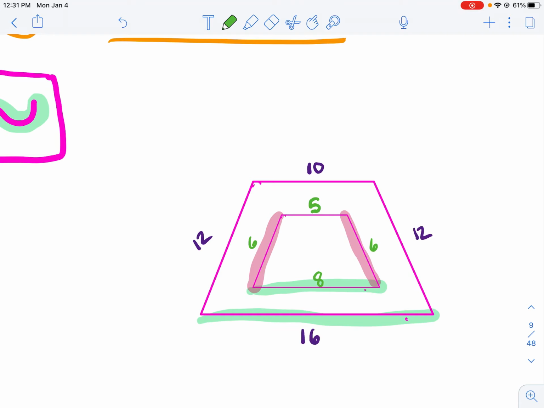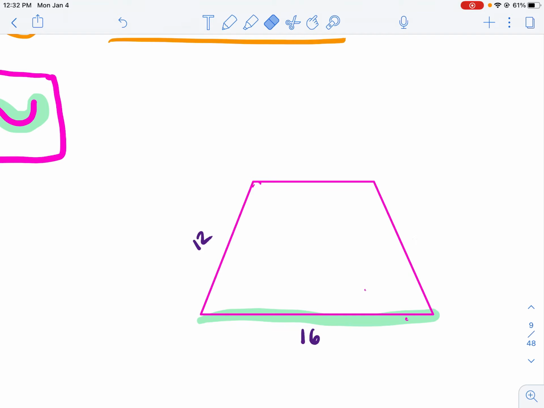So that's sort of the idea behind similarity, is that you have something that's the same shape, but it's changed size. So they're definitely not rigid motions because they've changed size, but their shape is preserved, okay? We can also do the same thing with making things twice as big, but I want to show you one other thing that a lot of kiddos sometimes forget about similarity, is that if we have shapes that are similar,